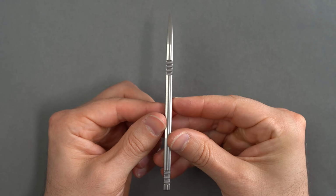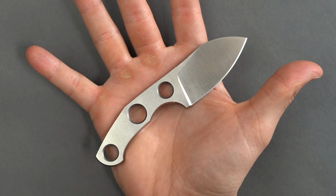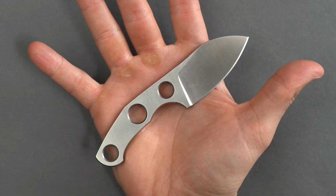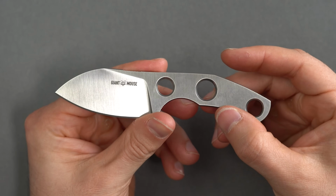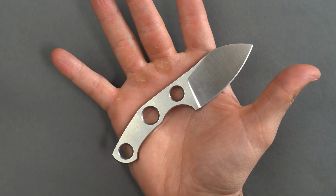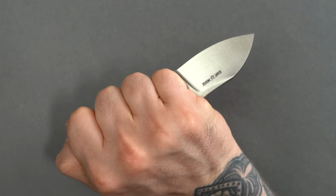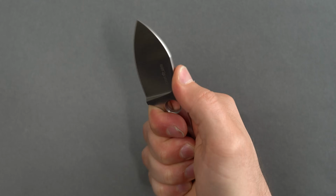At nearly 1/5 of an inch thick, the knife is incredibly strong and wouldn't really have any issues taking on hard-use tasks, at least if its handle was a little bit bigger. The handle only clocks in at 2.8 inches, allowing you to achieve a solid 3-finger grip. Between the contours in the handle and the jimping on its spine and the bottom of the tang, the GMF1 manages to afford pretty excellent grip for a knife of this size, which is no doubt one of the reasons